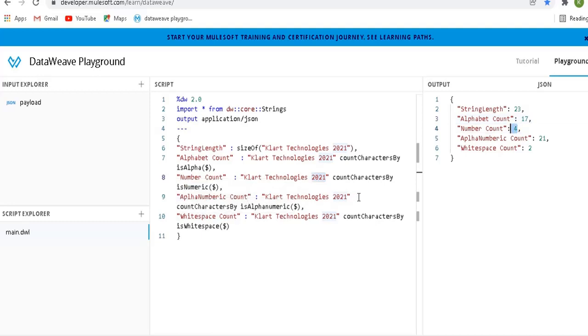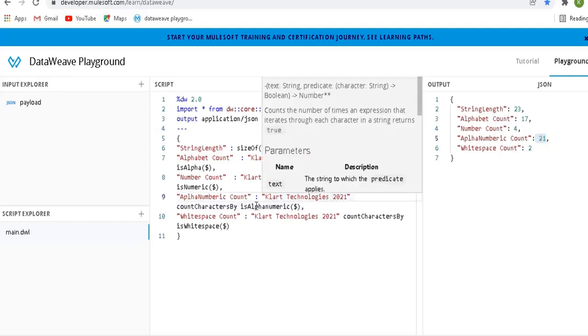Next, alphanumeric count. If you would like to count both alphabets and numerics, you can use this function. One thing you need to keep in mind is that it will eliminate the spaces; it won't count blank spaces. That is why the sizeOf function gives 23 as output, and the alphanumeric count gives only 21, because it won't count white spaces.